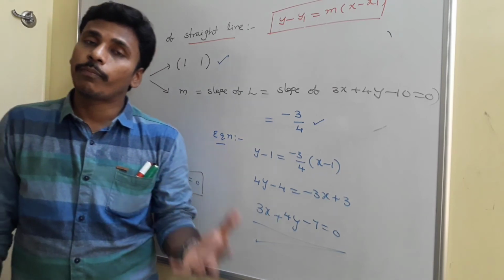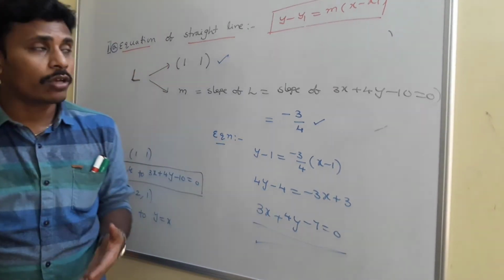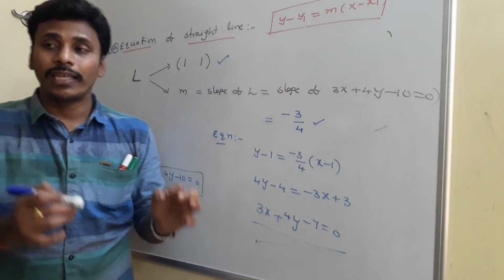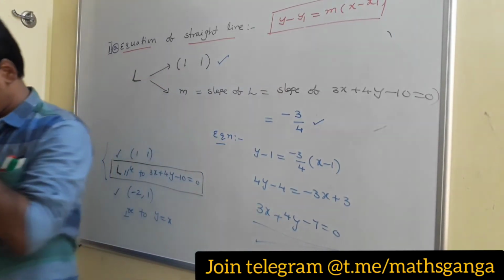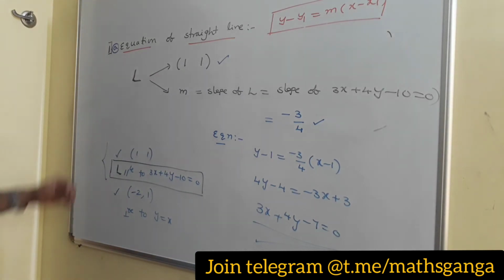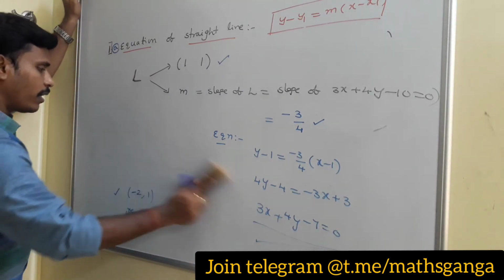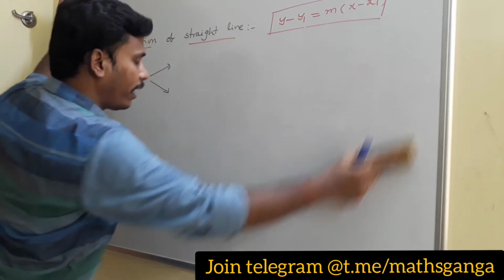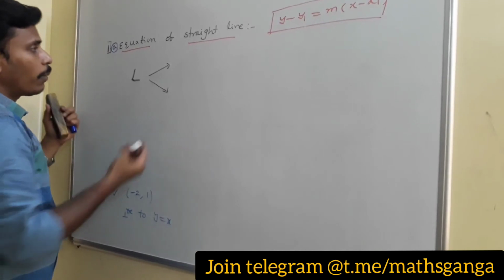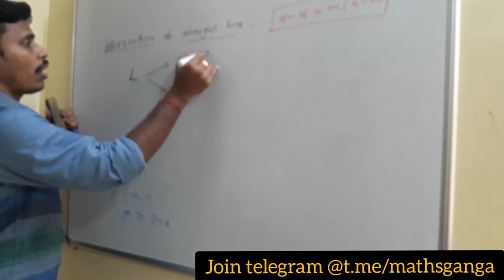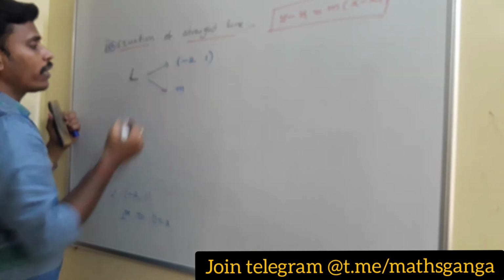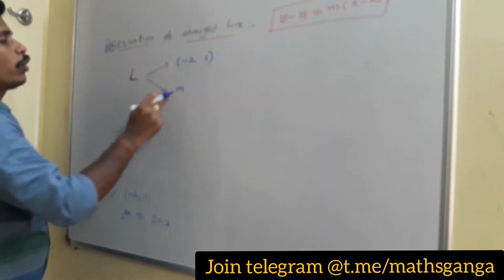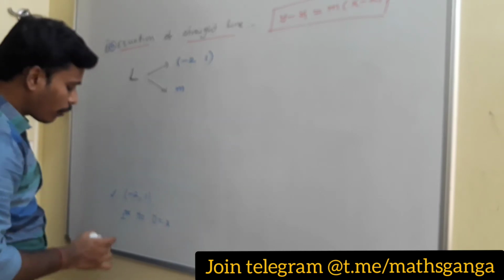After having the point and the slope in your hands, your task is very easy with this form: y minus y1 is equal to m into x minus x1, right? And for the next bit, what is mentioned? You need to find a line, and for that line, again the fourth example of this point, the point is given as minus 2 comma 1, and the slope you don't know, but you need to find. You just treat this as x1 and this as y1, and we need to find the slope.